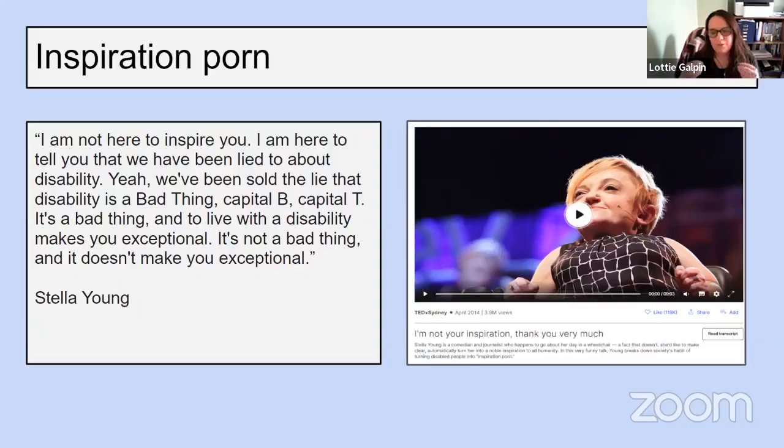So I think one of the big tropes that we rely on is to include disabled people simply because they represent inspiration to non-disabled people. And that's fundamentally problematic. And I think that that comes from the idea that we have this non-disabled norm, that the baseline is non-disabled. And that's simply not the case. If 15% of the world are disabled, then some of our students, some of our users are going to be disabled. And it makes no sense to work from a non-disabled baseline.